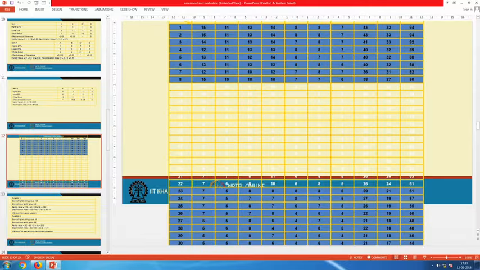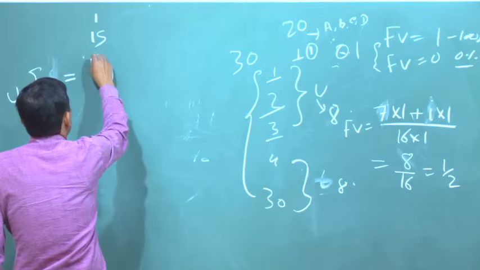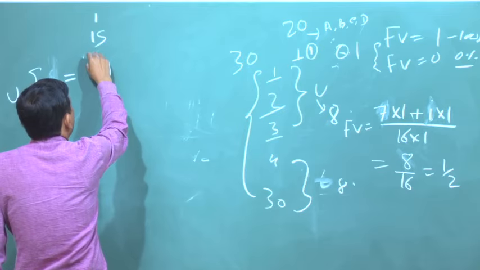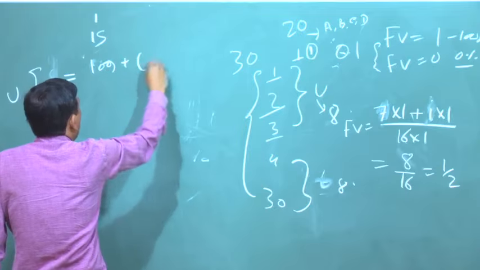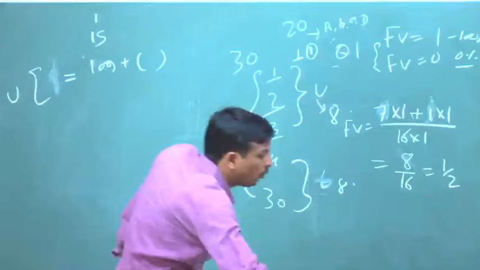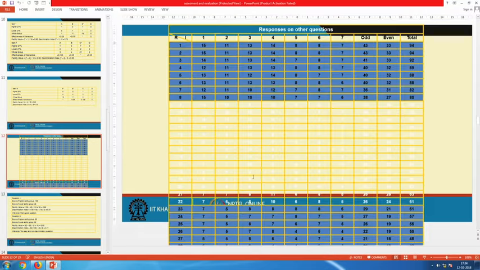So, I can add those things, 95 plus 14, that is 109, plus the total marks obtained by the lower group students, 7 plus 7 plus 7, whatever is there,